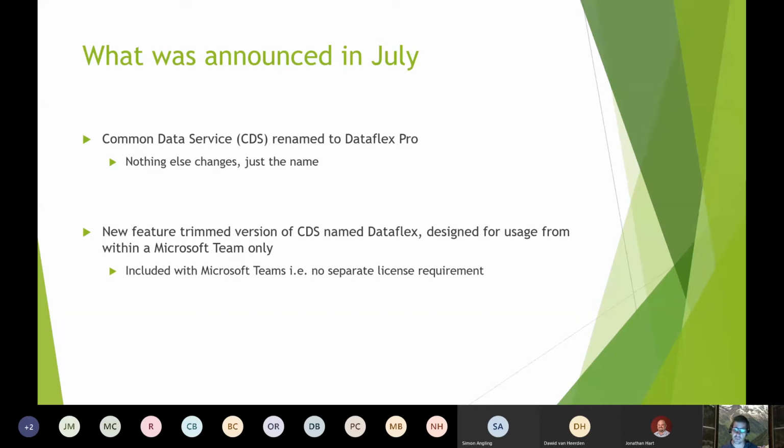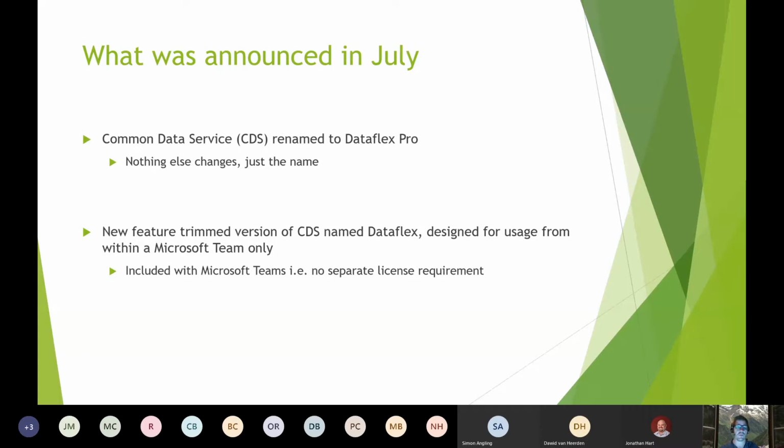So we'd now have DataFlex Pro and DataFlex. DataFlex, or CDS Lite, is designed for usage from within Microsoft Teams only. It's a cut down set of features designed so that you can build apps that run inside of a team that need to use data storage and the constructs of CDS.